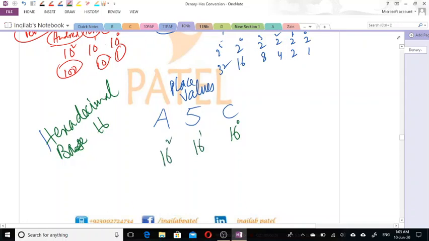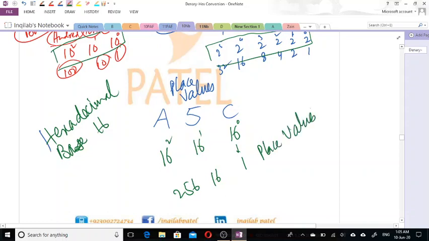In the same way we used 10 power 0, 10 power 1, 10 power 2 in base 10, and 2 power 0, 2 power 1, 2 power 2, 2 power 3 in binary. Now 16 power 0 means 1, 16 power 1 means 16, 16 power 2 means 256. These are the place values